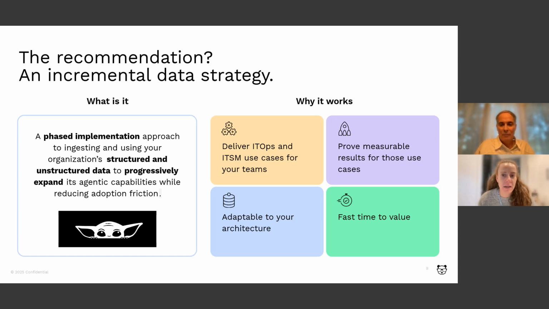In the last 18 months or so, we've been working very closely with our customers as they deploy these AI and agentic capabilities. And we've developed an approach to what we think makes sense for data. That's this idea of an incremental data strategy, right? As was said, we know the more data and knowledge that you feed it, the better the output. But that doesn't mean that you have to start with sharing absolutely everything under the sun, or the keys to the kingdom, whatever you want to say. We really believe that this phased approach is the way to go. As we can see here, this is the way, with our friend Grogu.